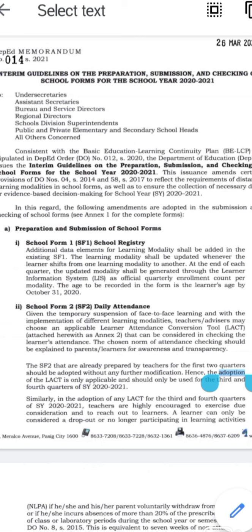consistent with the Basic Education Learning Continuity Plan as stipulated in DepEd Order Number 12, 2020, the Department of Education issues the interim guidelines on the preparation, submission, and checking of school forms for the school year 2020 to 2021. This issuance amends certain provisions of DepEd Order Number 4, Series 2014 and 58, Series 2017 to reflect the requirements of distance learning modalities in school forms, as well as to ensure the collection of necessary data for evidence-based decision-making for school year 2020-2021. So dahil nga nasa